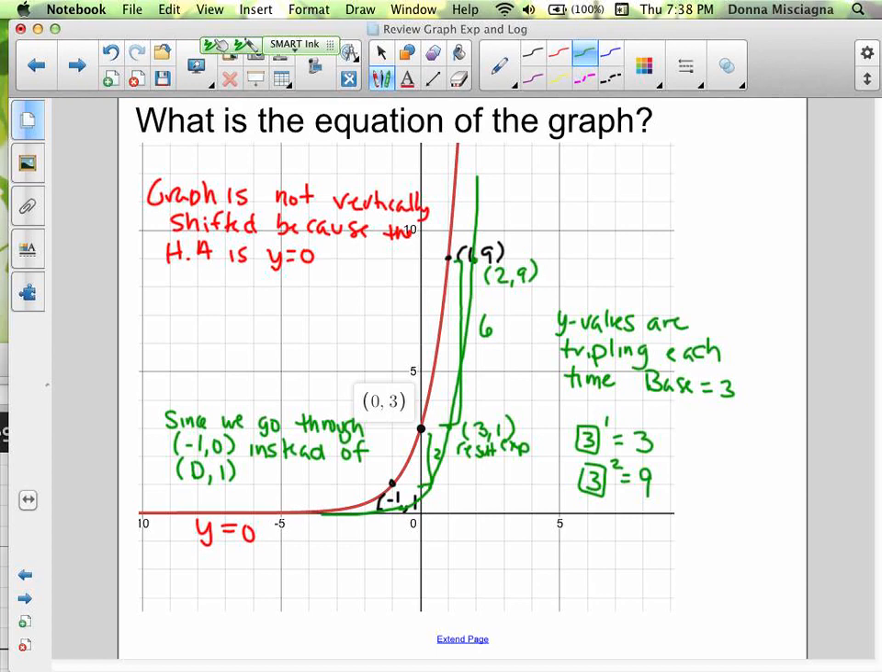Everything I've said is correct, other than writing down a 0 instead of a 1. It wasn't until I wrote it down that I realized, hey, wait a minute, that's negative 1, 1. So since we go through negative 1, 1 instead of 0, 1, same y value there, the graph is shifted 1 left. When we shift left, we add to x. So that means our equation,